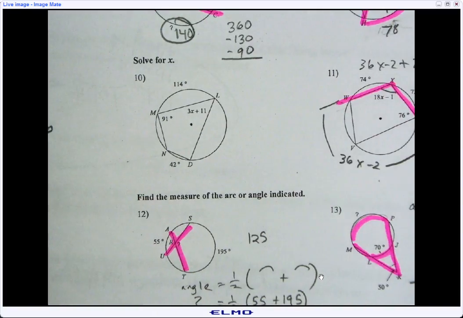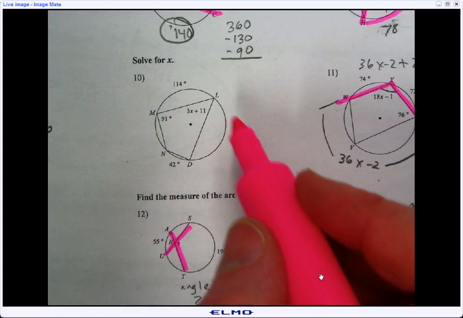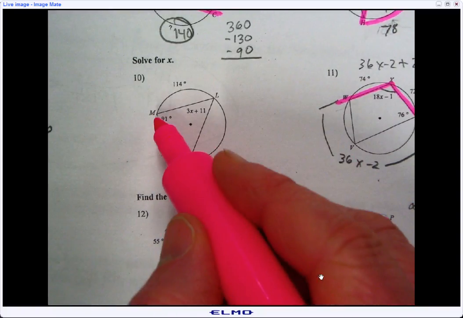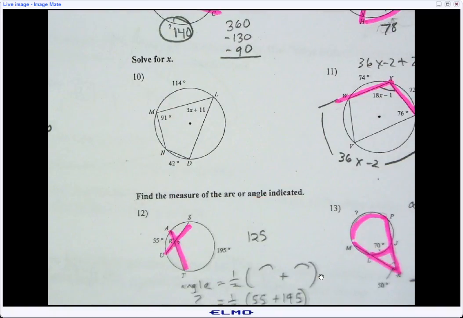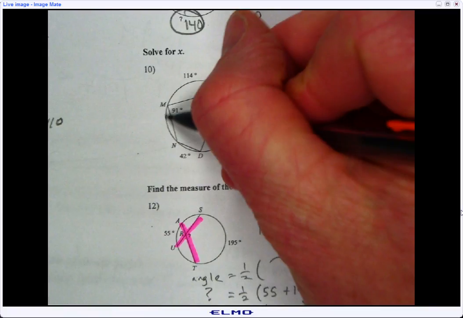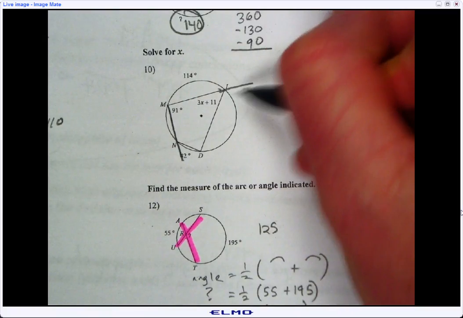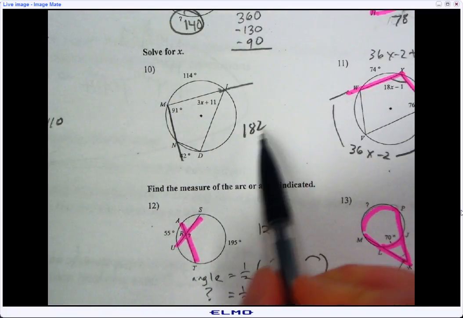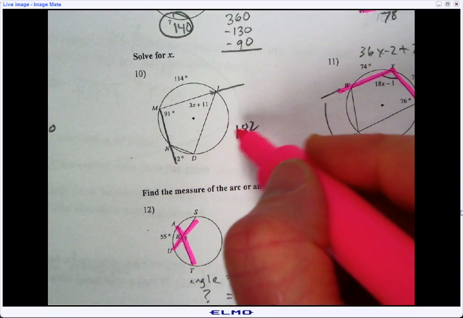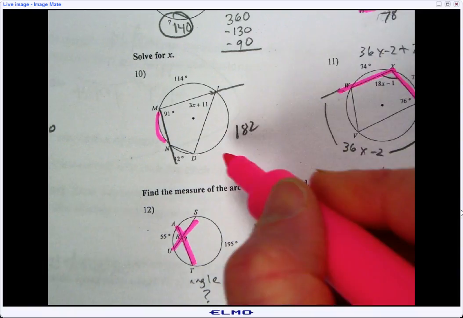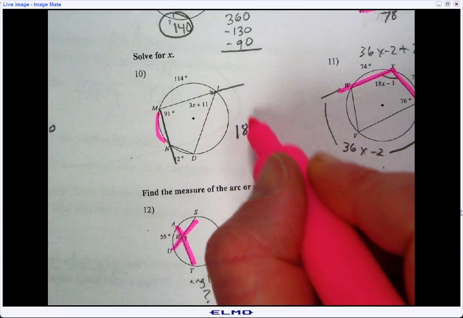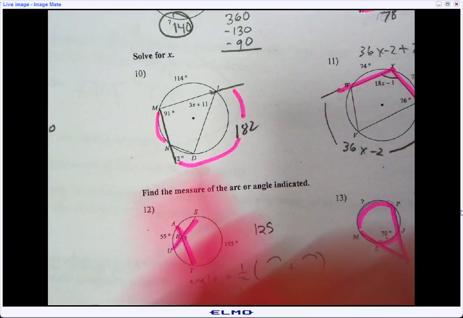Over here, same idea, a little more complicated. If we look at this as two different questions, if you extend this, that's 182, and then you could extend, and that lets you find this arc. But also, if you take 182, we're talking about this whole distance around here. I'm going to run out of time, so that's going to be